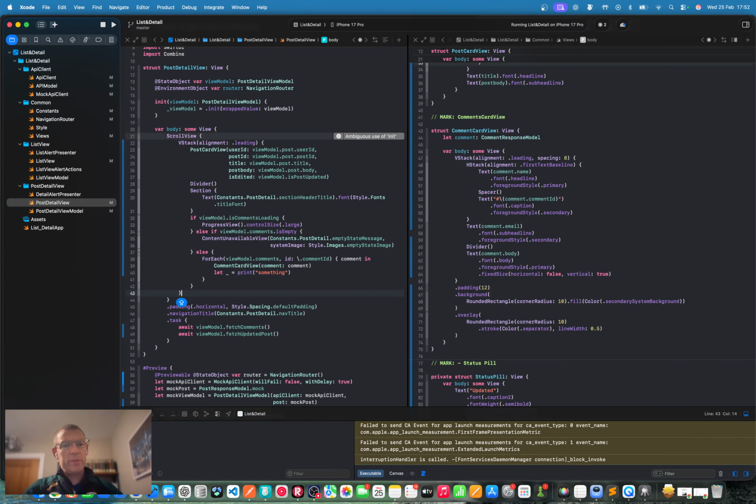Okay, not 100% sure what the initializer issue is. Comments is empty. Else, the for each is identifiable on this. We've got a comment card view. If I take this out,